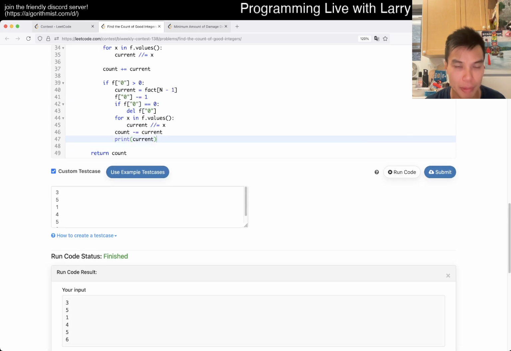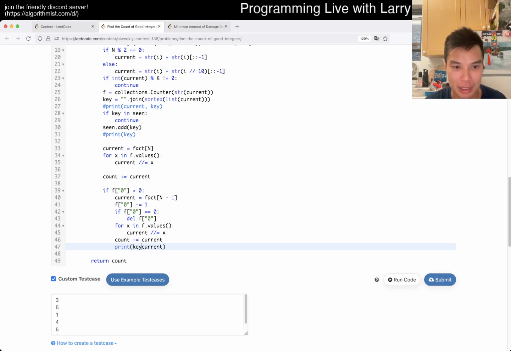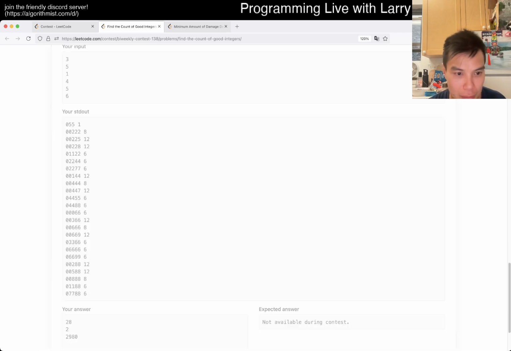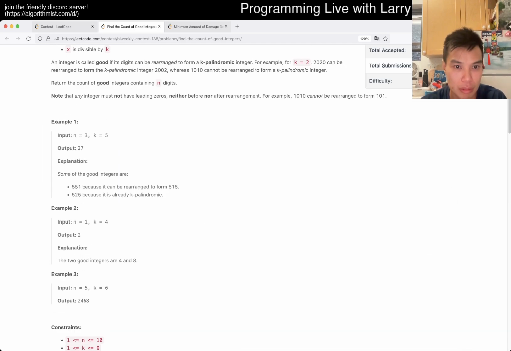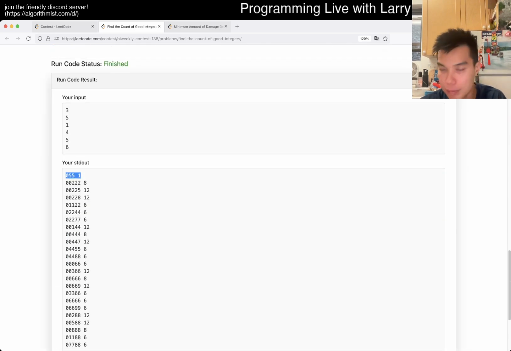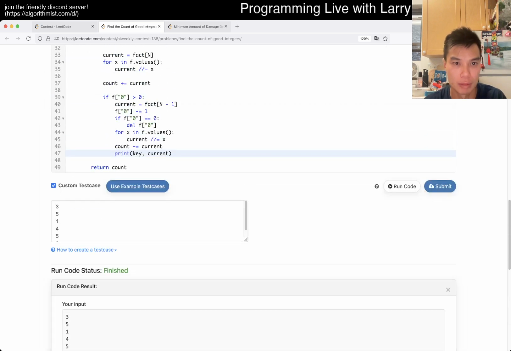That is actually surprising. In that, okay, I reused current too much, but okay, we just do a key. But okay, so that makes sense that it is 1. So okay, so 505 is good, but